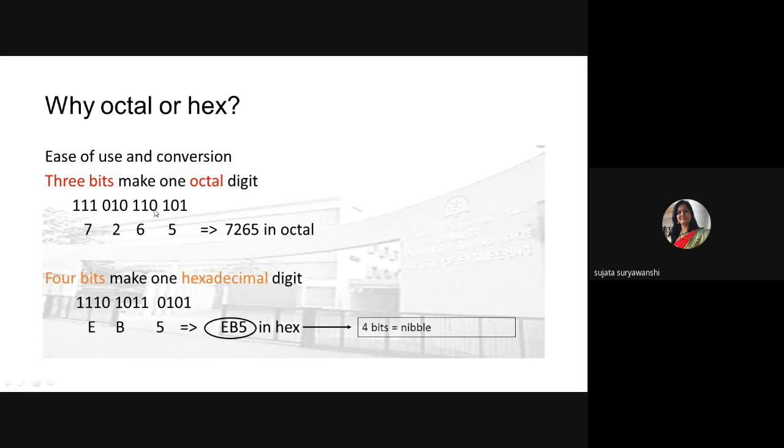Otherwise, you can simply consider the weight of each binary bit, which is 2 raised to an incrementing power from right to left. So the LSB has weight 2 raised to 0, the next bit has weight 2 raised to 1, the next has 2 raised to 2. So 2 raised to 0 is 1, 2 raised to 1 is 2, 2 raised to 2 is 4, and 2 raised to 3 is 8. Similarly, the weights are 8, 4, 2, 1.